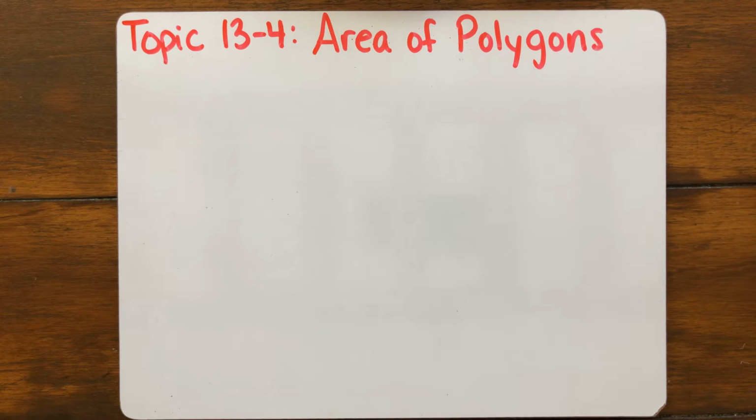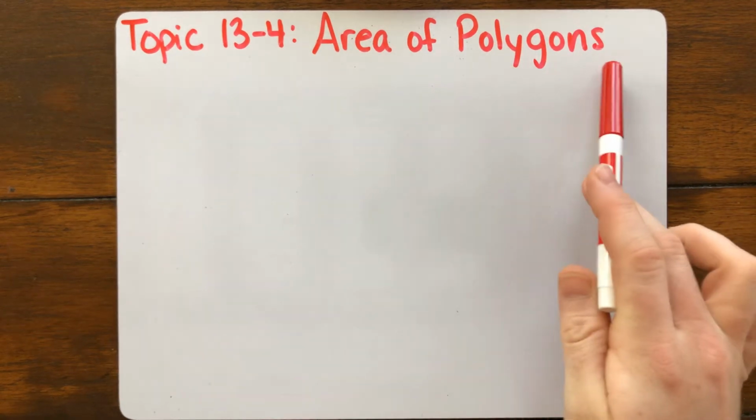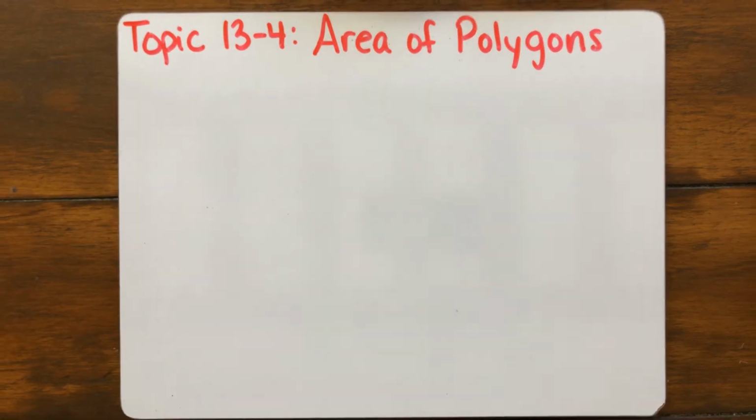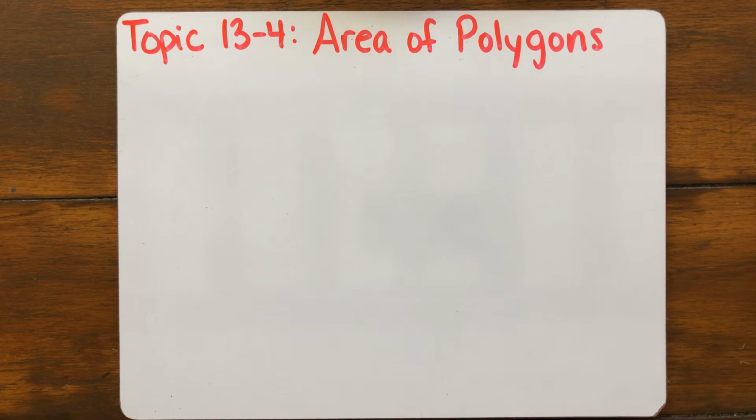So today we're going to continue our unit on finding area, and we're going to find the area of polygons. This is very similar to finding the area of special quadrilaterals, which we were doing at the end of last week. The only difference is that quadrilaterals only have 4 sides. Polygons don't always have 4 sides, but we're still doing the exact same thing: breaking up a shape into smaller shapes that we can find the area of, and then adding all those areas